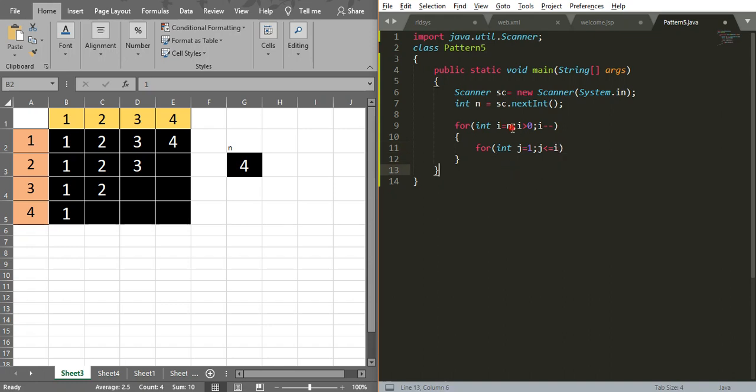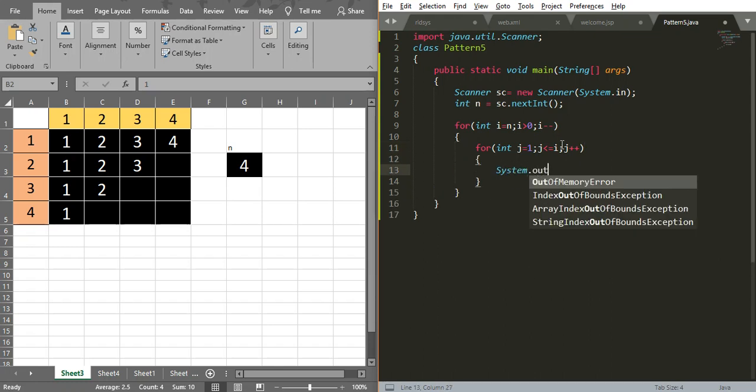So my initial value for the row is 4, and my column value is 1, so I'm going to print 1 to 4. I'm writing the condition as j less than or equal to i, so 1 less than or equal to 4. So for the first row I'm going to print from 1 to 4, and here I am going to increment the value, so j plus plus.